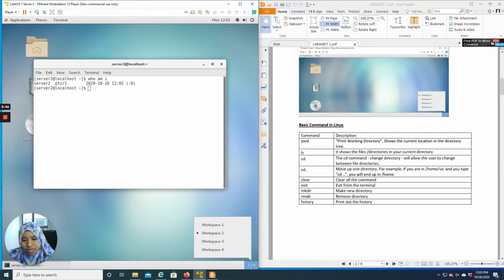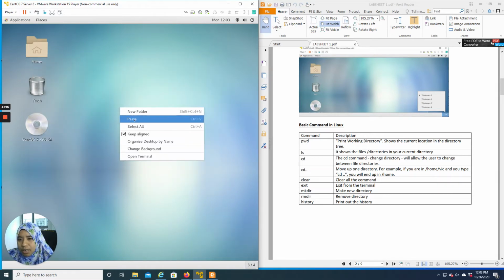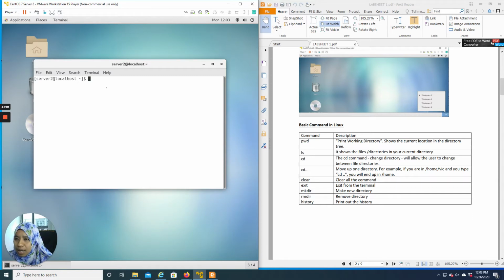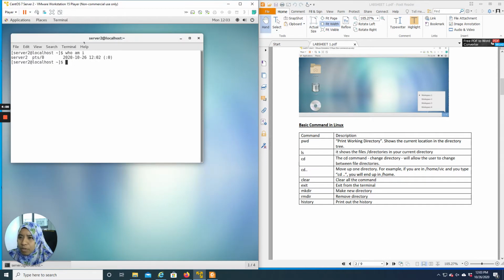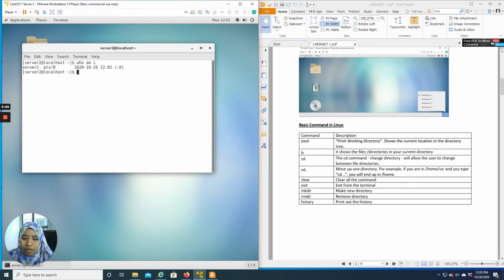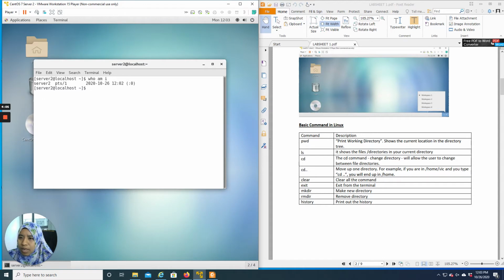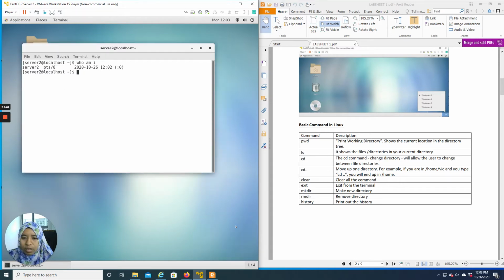For example, here pts/1 means you are in workplace 2. For workplace 3, open the terminal and type who am I. This is showing you pts/2, which represents workplace 3. If we go back to workplace 1, this one is 0, this one is 1, and at workplace 3 it shows pts/2. You can choose any workplace that you want to use.